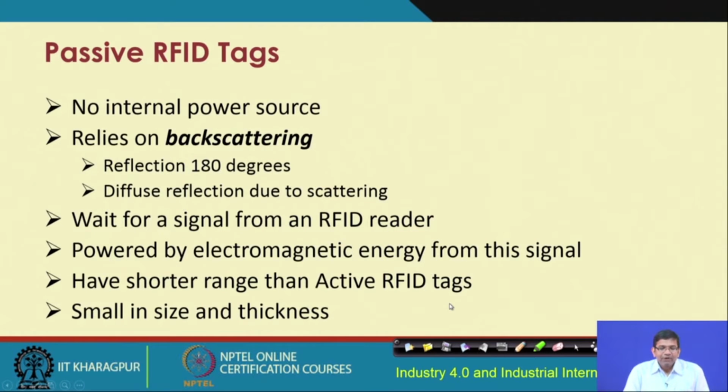Passive RFID tags do not require any internal power source. These tags basically work on the principle of backscattering. Backscattering in communication is about getting certain signals or electromagnetic waves, and these waves are going to get reflected back 180 degrees. Some kind of diffuse reflection is going to happen due to the scattering and the backscattering. So, the reader will wait for a signal from